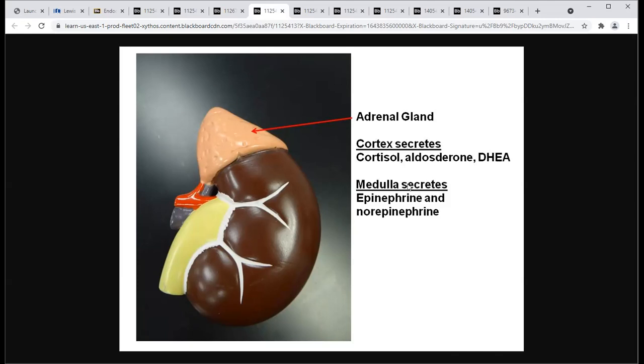The medulla portion of the adrenal gland secretes epinephrine and norepinephrine. I'm hoping these words sound familiar because these are the neurotransmitters we have looked at in chapter 15 in AMP1. The sympathetic division of our autonomic nervous system releases norepinephrine on targets to create a fight or flight response. So before we go into detailing this fight or flight response,